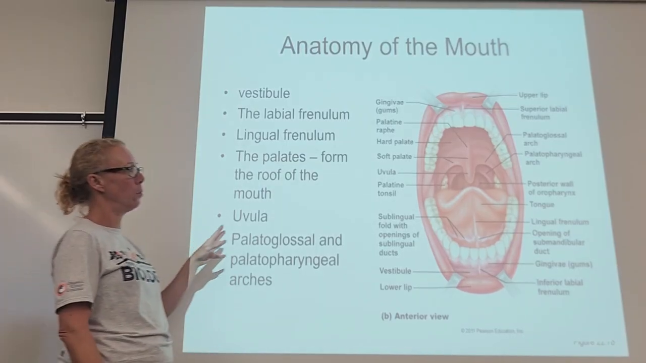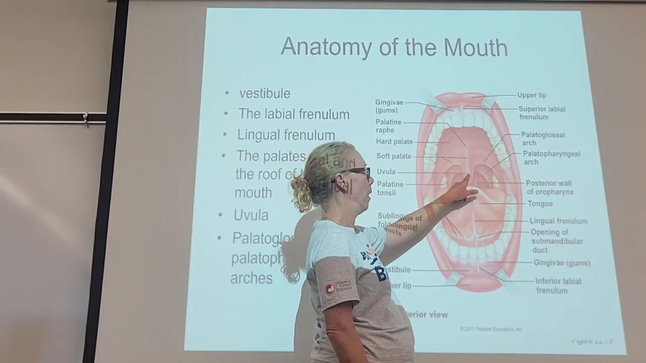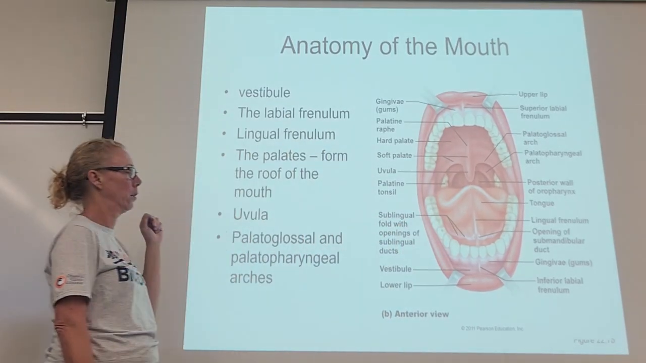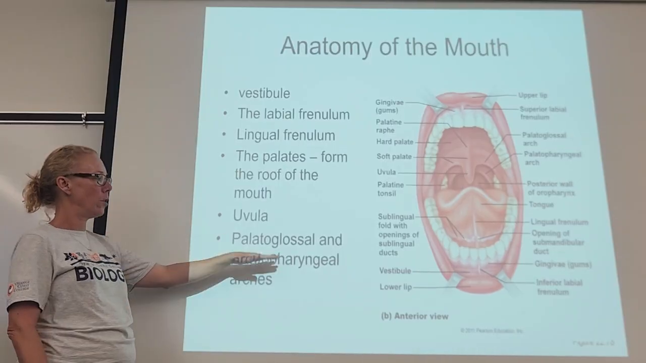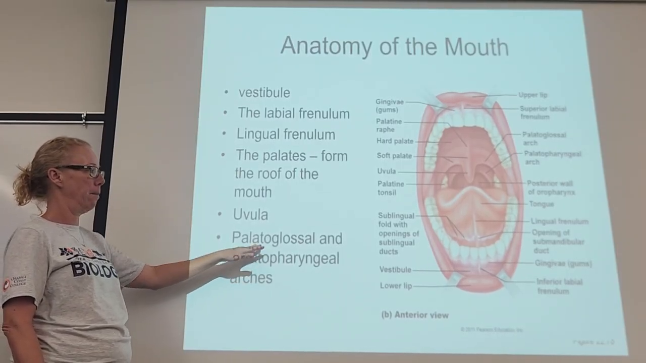So the palates, we already know. We identified the hard palate. Posterior to that is a soft palate. And then it ends in a boxing bag type structure called the uvula. Nothing new here. The arches we didn't necessarily identify, but they're, again, boundaries